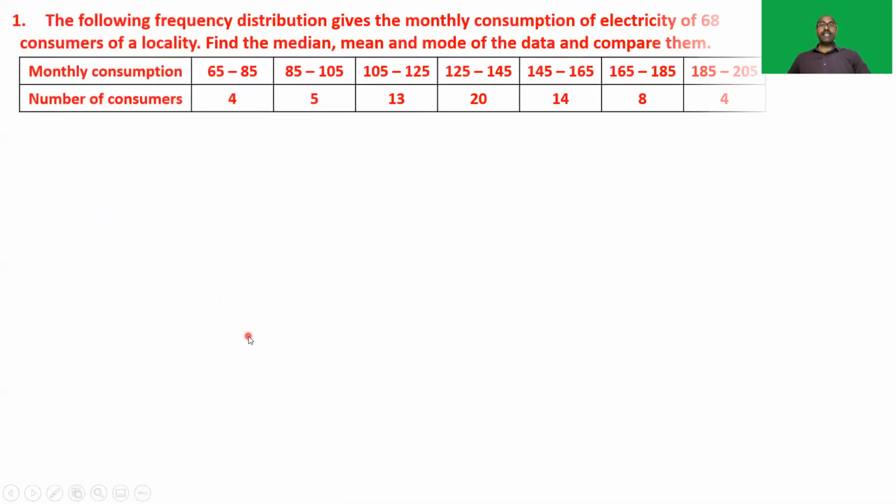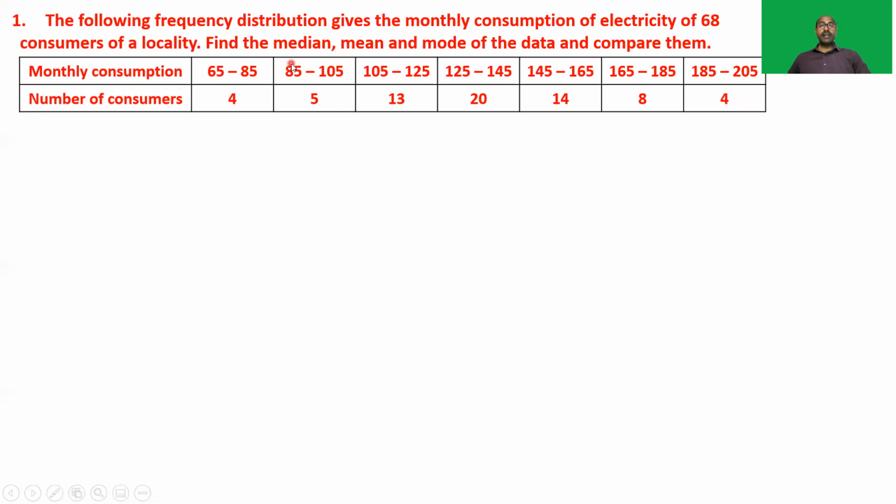The following frequency distribution gives the monthly consumption of electricity of 68 consumers of a locality. Find the median, mean, and mode of the data and compare them. So in the first row, monthly consumption in units is given, and in the second row, the number of consumers is given. That is, the number of consumers consuming electricity between 65 and 85 units is 4,